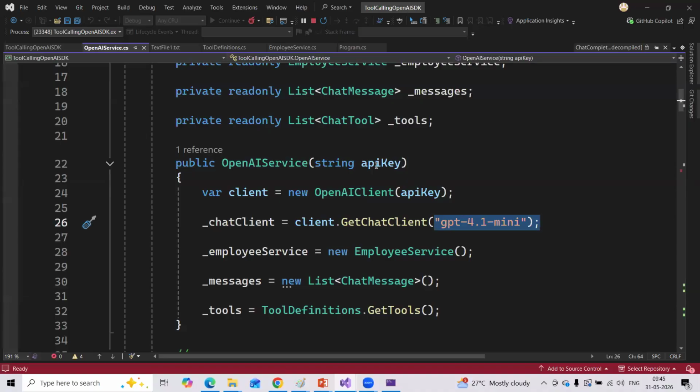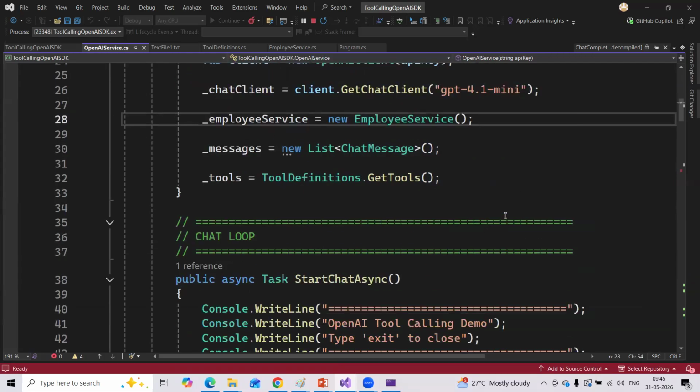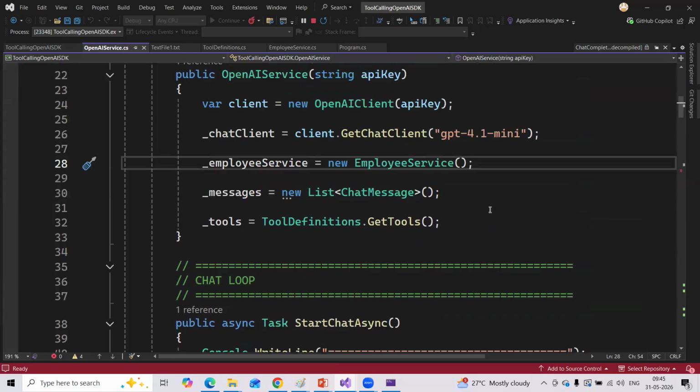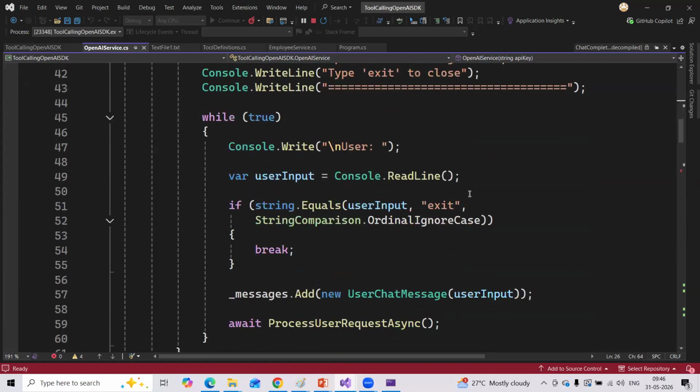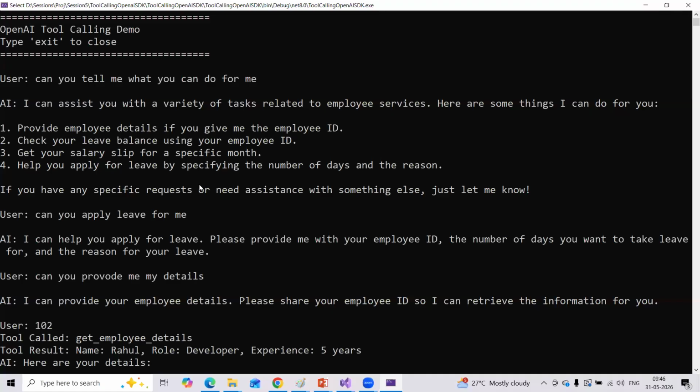I'm repeating, I am creating the OpenAI client with this key, creating the client and creating the chat client with this model. So only this line of code is the way to make a connection. Yes, correct. Nothing else. Okay, fine. Now, if you come here,